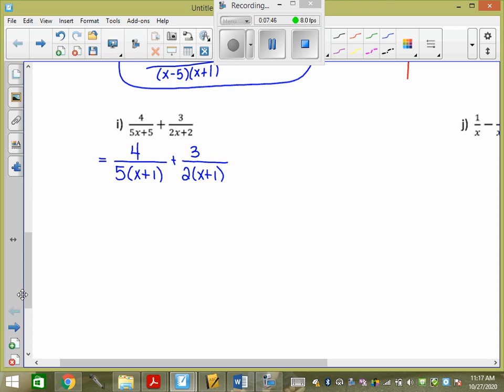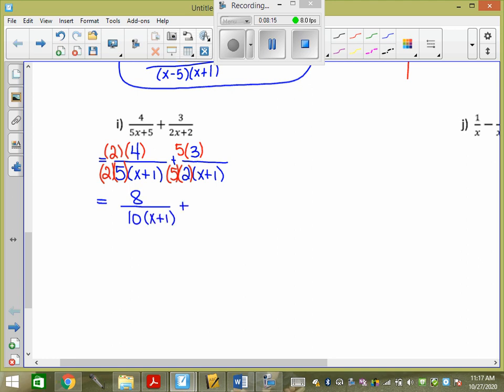So we're going to multiply the left by 2, and we're going to multiply the right by 5, so that we have 10 x plus 1. And we can put the 5 and the 2 together because they're monomials. So we're going to multiply this one by 2. We're going to multiply this one by 5. So we're going to get 8 over 10 x plus 1